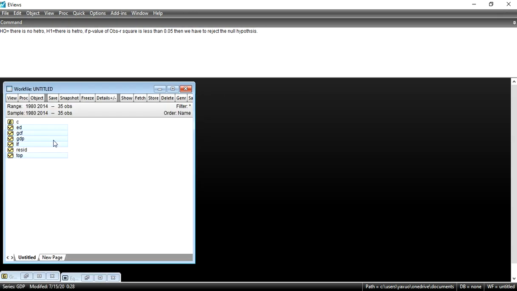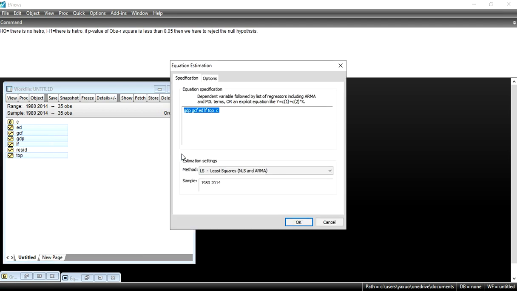I click right, open as equation, then I write log with each variable: log GDP, C for constant, log GCF, which is another variable, then log ED. Similarly, I write log with all the variables, both dependent and independent.